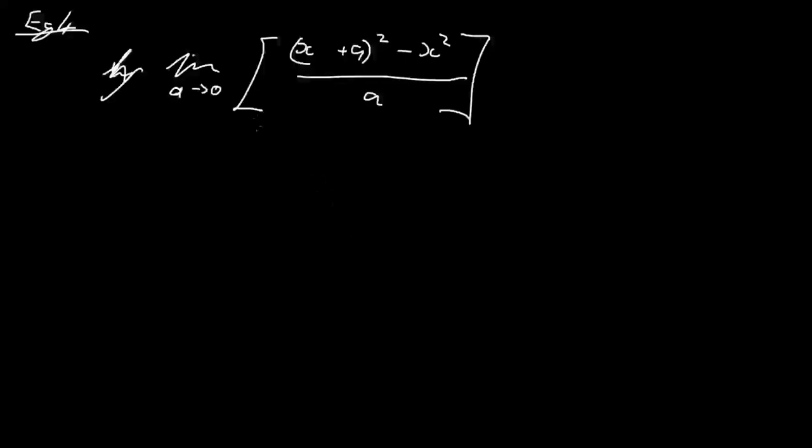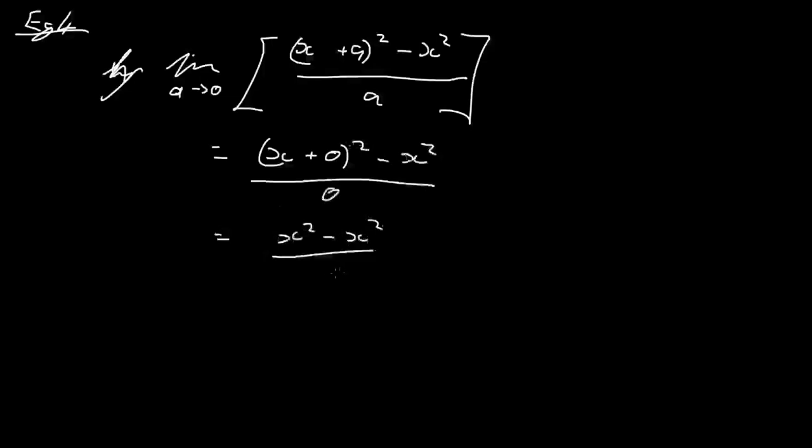Do direct substitution. As always with our limits, you substitute in the limit value and see what happens. So this is equal to x plus, remember we're substituting in 0 for a, x plus 0 squared minus x squared over 0, which is x squared minus x squared over 0, which is equal to 0 over 0,